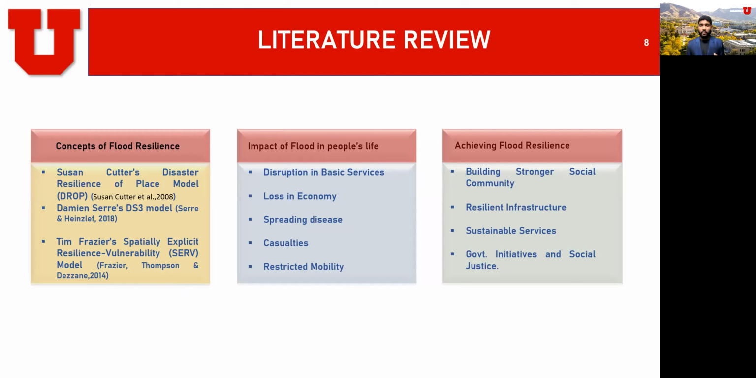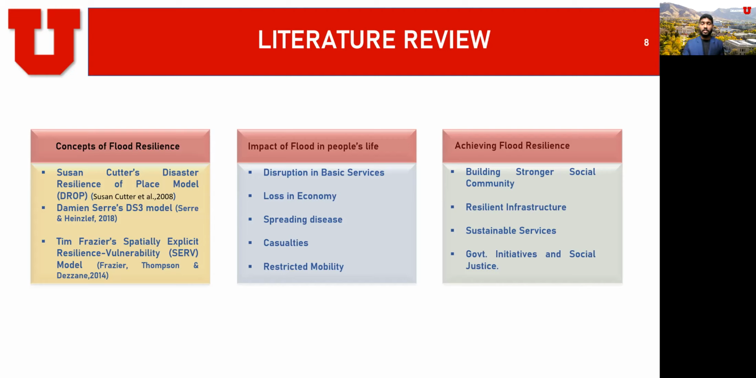And to protect from flood, people have been trying to develop flood resilience through different approaches. They've been building stronger social community, and we have seen in Hurricane Katrina that a stronger community can save lives. These are the only single factor that has caused so much devastation to Hurricane Katrina sufferers. And then we have resilient infrastructure, sustainable services, and sometimes government initiatives or private initiatives can help achieve flood resilience